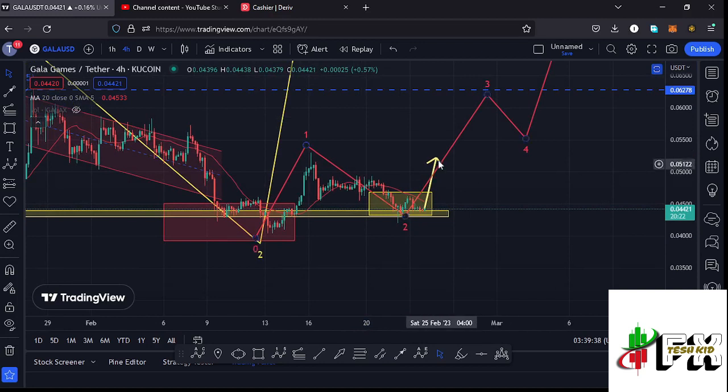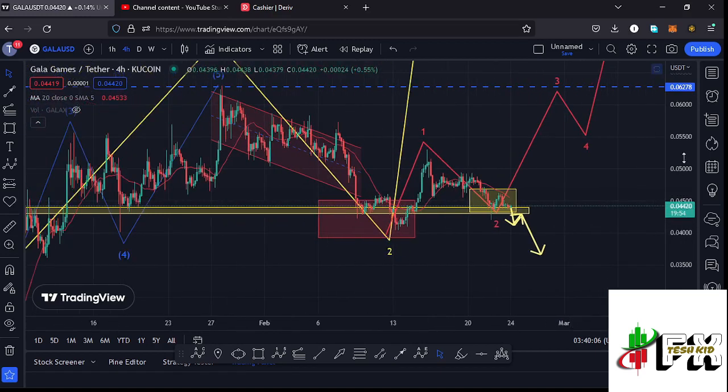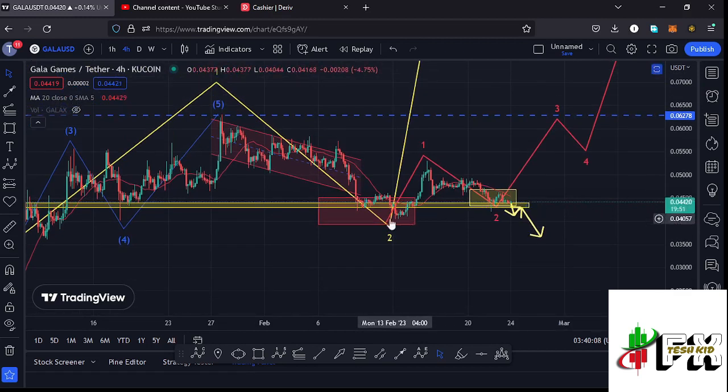But we also need to be prepared for a worst case scenario that can also play out in case this key support zone does not continue holding and we lose it. And in case such a move plays out and we also see a retest of that key area of support and continue pushing even lower, then there are chances of making one more new low in the formation of this higher Elliott wave count 2. And if such a move plays out and we see a low that is below the low for this second wave at around the